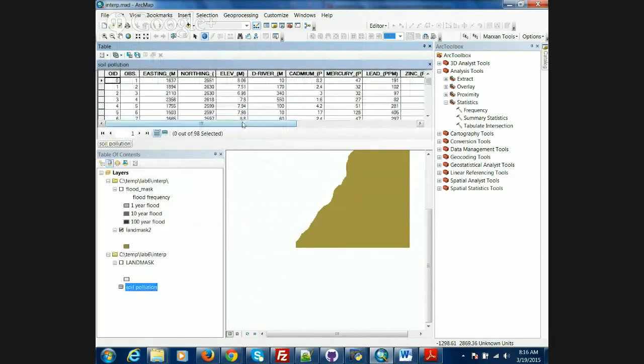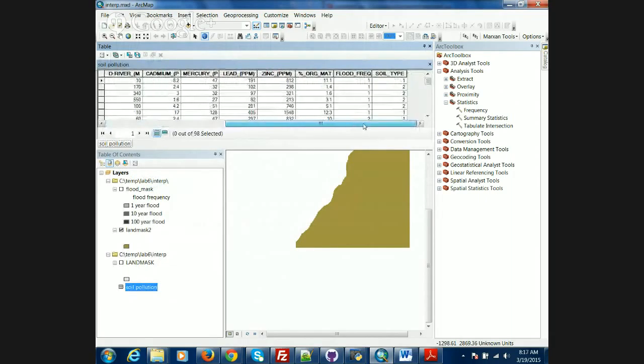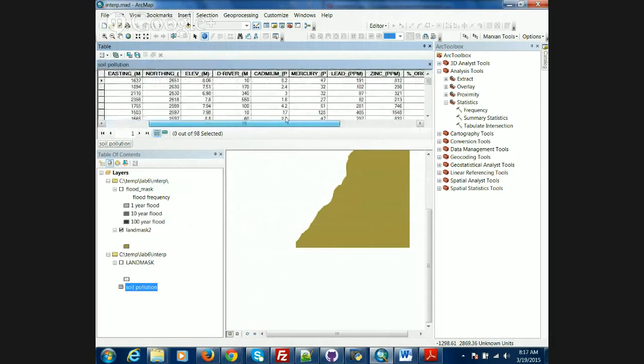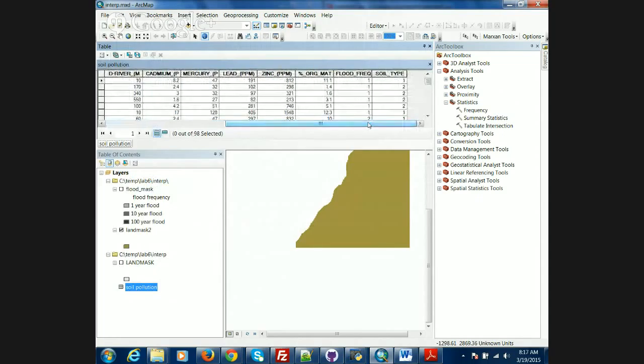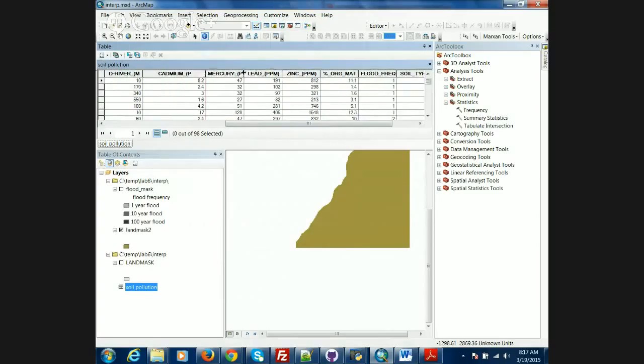We open it up and you can use any of these inputs. Okay. Zinc, lead, mercury, cadmium. You can use any of those as the input to your model. Okay. So